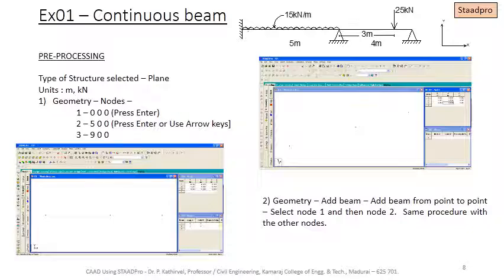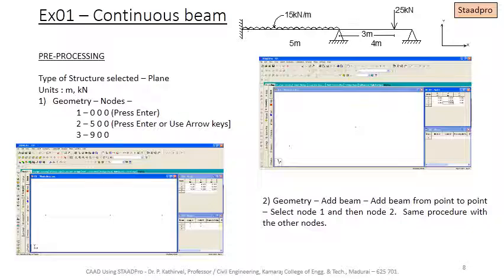So basically, as we saw earlier, there are 6 steps in the pre-processing or the modeling. So first, to give the dimensions, select geometry, nodes. In the nodes window, the first node is given as the origin with x, y, z coordinates as 0.